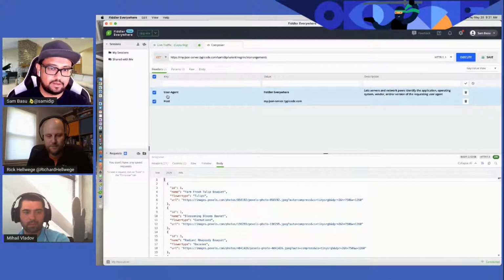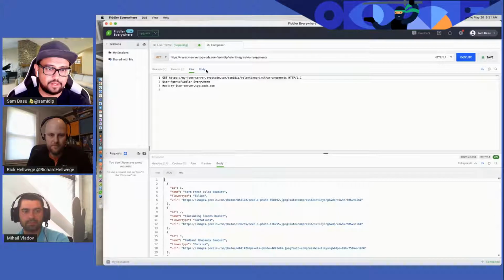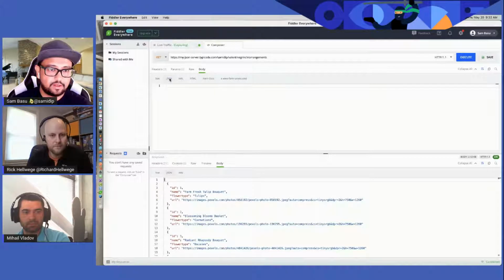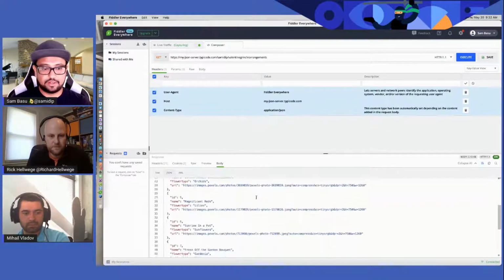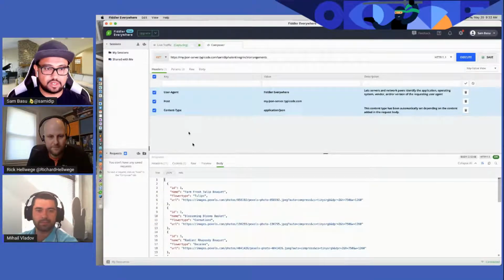So it has the request that went out. I think this top portion is the request, and then this is the response. So the user agent is set as Fiddler Everywhere. No other params. It's just nothing else in here, nothing in the request per se. Oh, the content type is application/json. Looks like it figured that out from the GET call. And then you have the body, which, since it gave us JSON, it just knows what it is, so it's nicely formatted for you. So that's just a quick piece of JSON coming back.